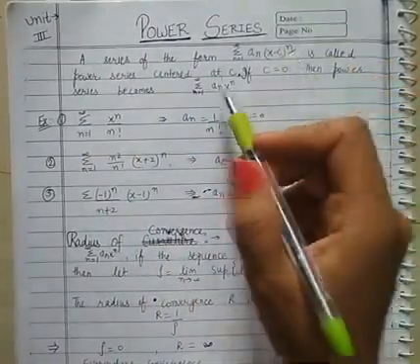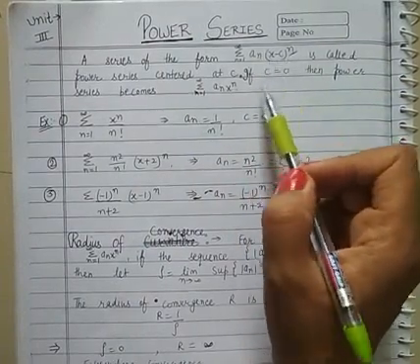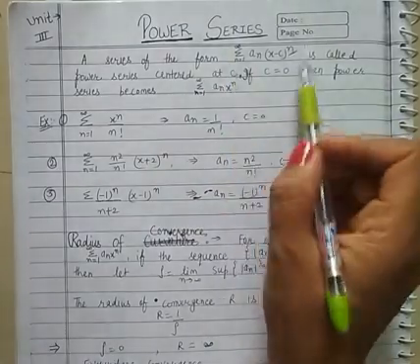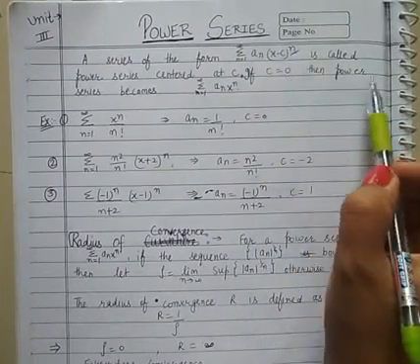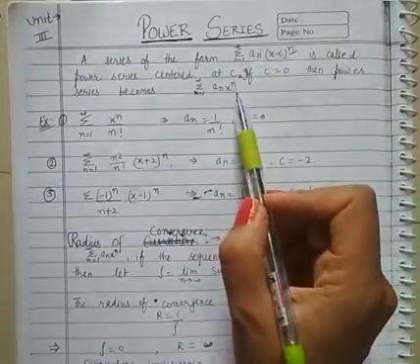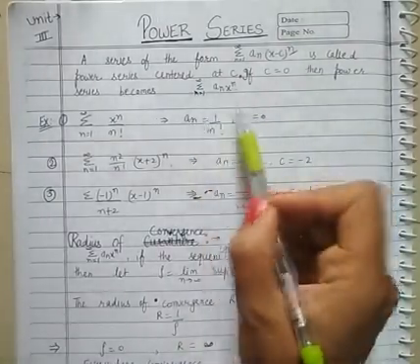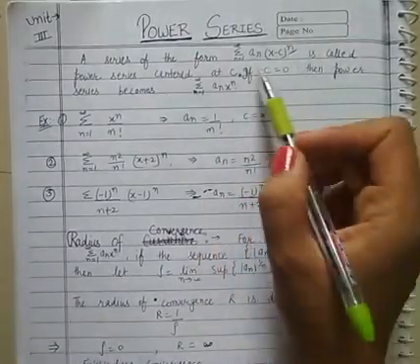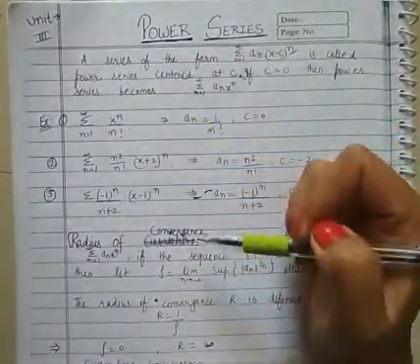Okay, now if we have x minus c, it means the center is c. So such a power series is called a power series with center at c. If c is 0, then we simply get a power series like this: summation a n x power n from 1 to infinity. It is more of a common notation. The generalized form is this, but this is more commonly used.